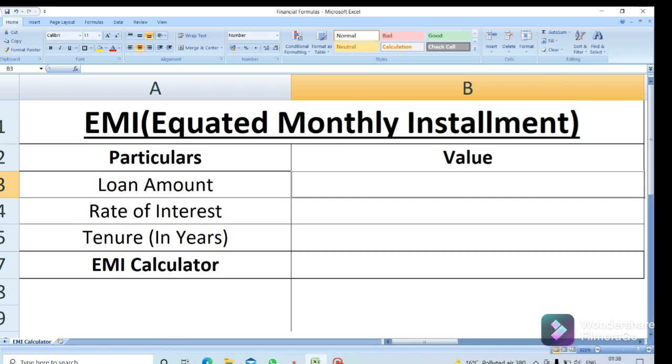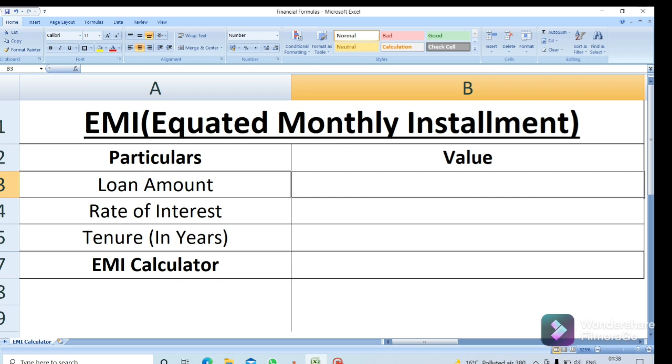Today I will be covering a topic on EMI, which is an equated monthly installment. So in this video we will learn how to calculate EMI on any kind of loan. It can be for a home loan, personal loan or automobile loan. To calculate EMI we should have three parameters, three variables handy with us.